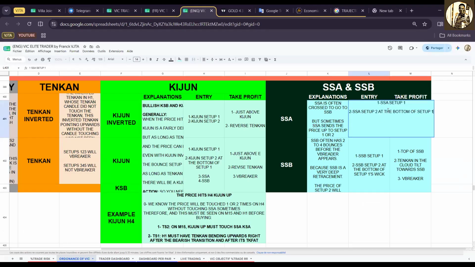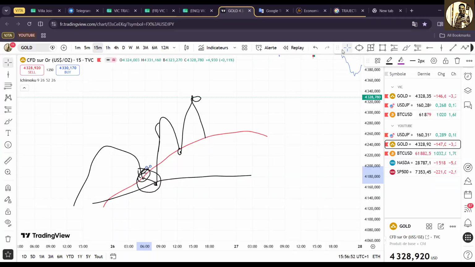So now to enter on SSA, you can enter on SSA setup 1 or setup 2 at the bottom of setup 1, and you take profit just at the empty space above SSA, or take profit at the Tenkan or Kijun above the SSA. Those Tenkan and Kijun are bent toward SSA. So what I mean is